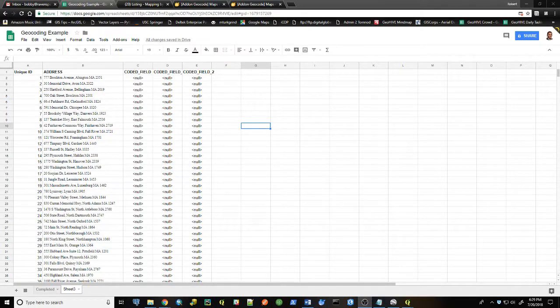Hey, this is Bobby. I'd like to share with you an easy, non-programmatic workflow to geocode and visualize attribute data on a map using a simple table in Google Sheets and the Geocode by Awesome Table plugin. I'll start the geocoding process so you can see how easy it is to execute and what it looks like